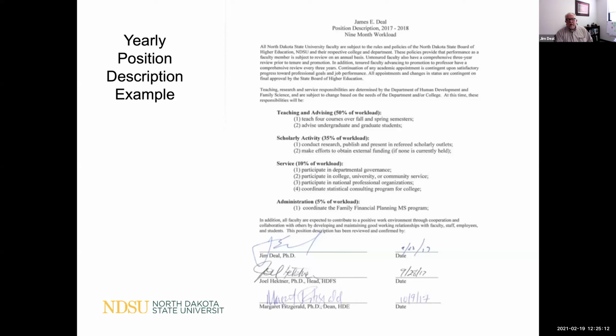Statement in there that your teaching, research, and service responsibilities are determined by the department and are subject to change, and then states for your year what you're doing. So this was my 2017-2018 year, when my appointment was entirely non-administrative. So you can see teaching advising was 50%, and it spells out that I would teach 4 courses over fall and spring, that I would do advising for undergrad and grad, that my scholarly activity was 35%, and that was,